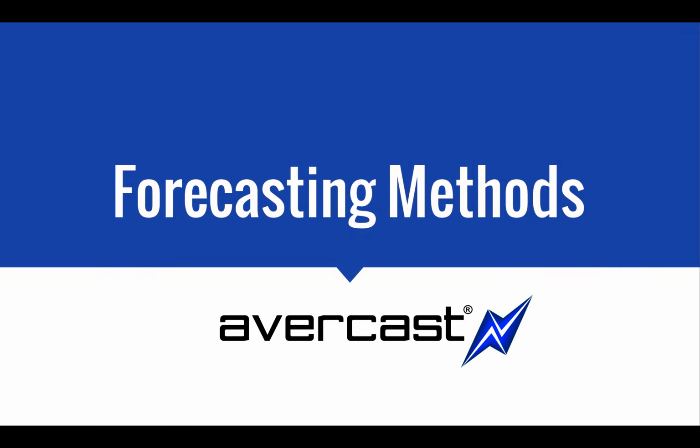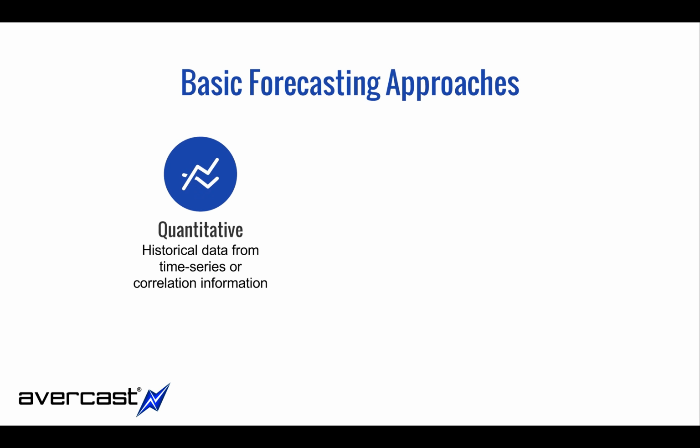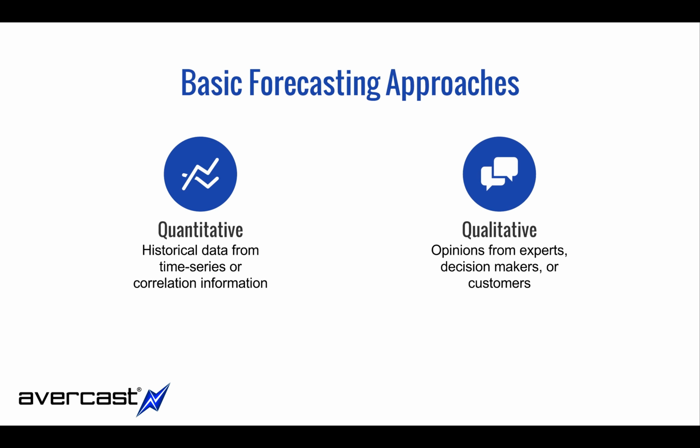So as we begin looking at forecasting methods, one of the first things that most people think of is the quantitative type of forecast. They think about taking historical data or time series or correlation data and creating these forecasts out into the future of what we think is going to happen, right? But there are actually quite a few instances where we see a lot of qualitative forecasting approaches, and these would be opinions from experts, decision makers, or customers about what we should expect to see